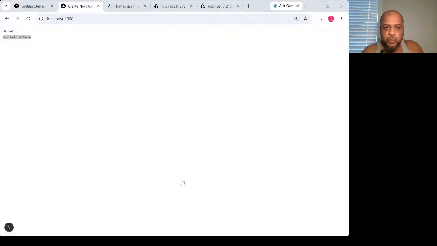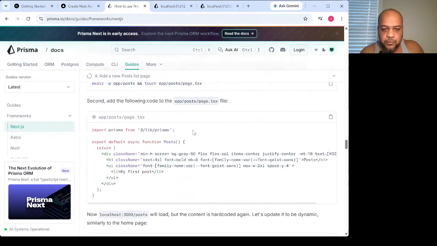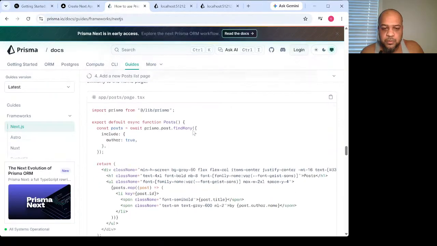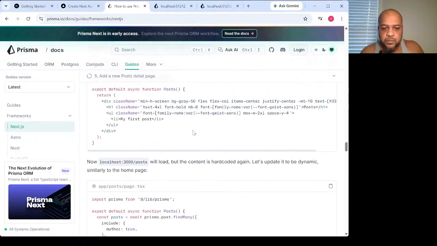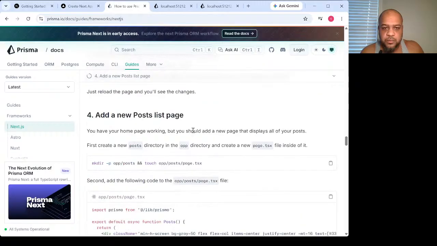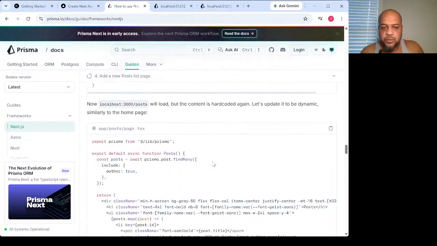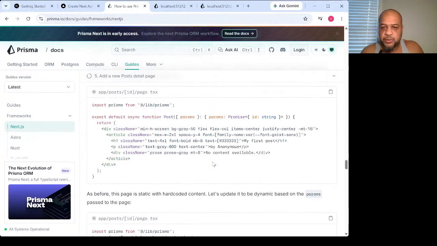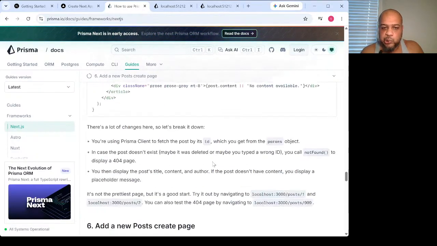So, docs, under docs, in the Prisma docs, it doesn't go over that syntax, but that's okay. We'll go to